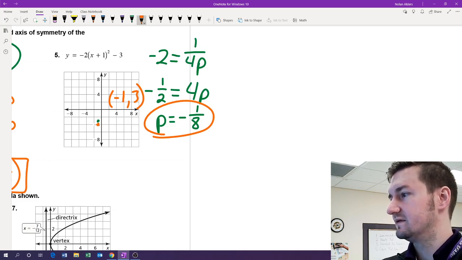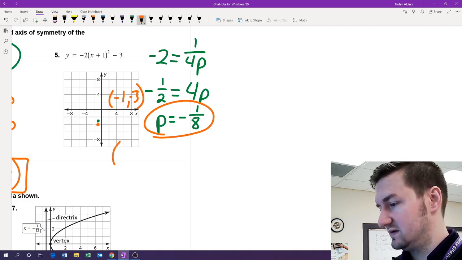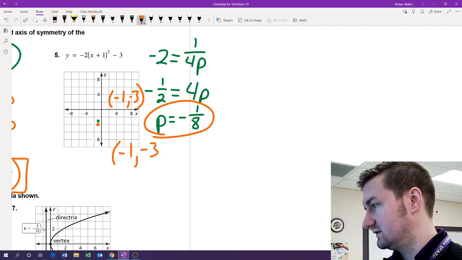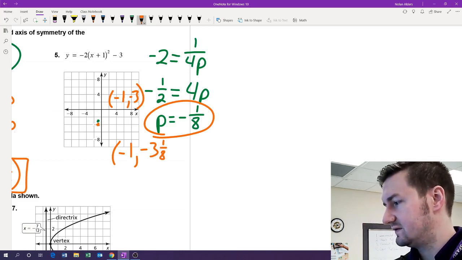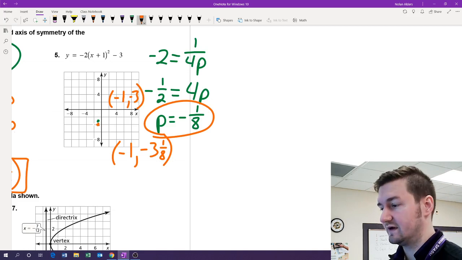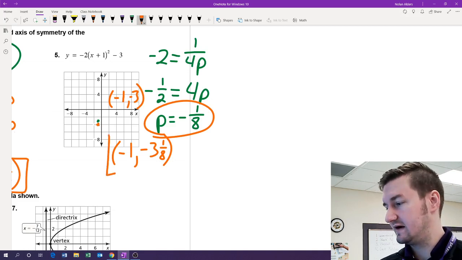It's -3. Okay, so if we do that, then the focus here is going to be -1, -3 and 1/8. Because we start out at -3, and then we drop down another 1/8. So we're going to go down to -3 and 1/8. So that is our